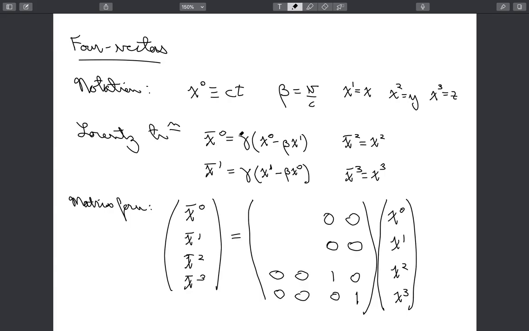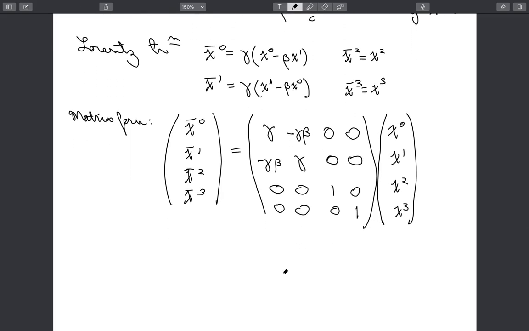You see on the diagonal, I have a gamma. And on the 0, 1 and 1, 0 elements here, I've got minus beta gamma, or minus gamma beta to follow the notation in the book. Okay, so this is very